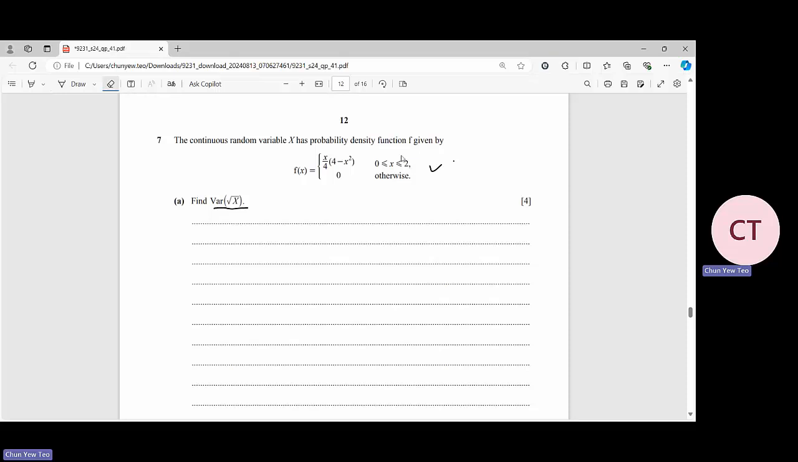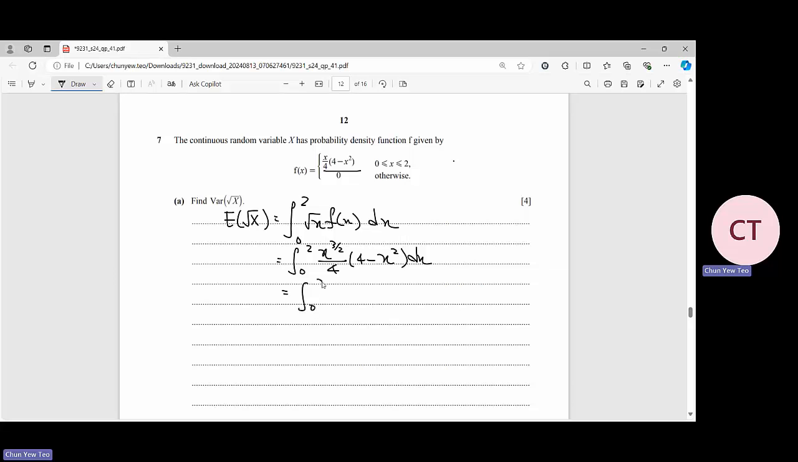For this case, we need to do a lot of things. First of all, we need to find E of the square root of x. E of the square root of x is you just integrate from 0 to 2 the square root of x multiplied by f(x). If you multiply everything here by the square root of x, you will have x to the power 3/2 over 4 multiplied by 4 minus x squared. That will give you x to the power 3/2 minus 1/4 x to the power 7/2. Integrate it: 2/5 of x to the power 5/2,